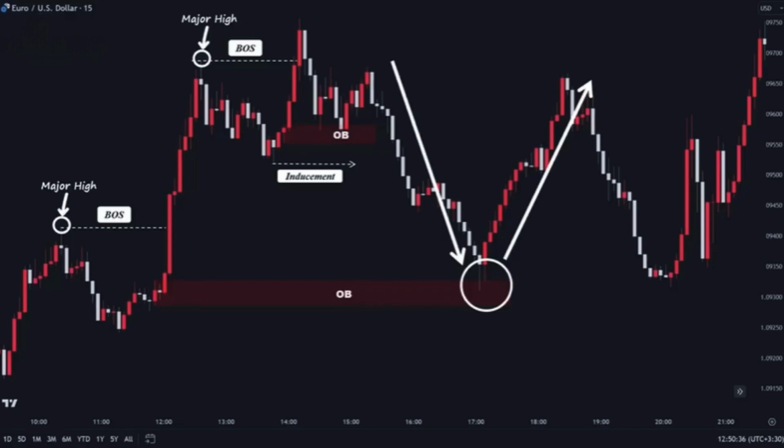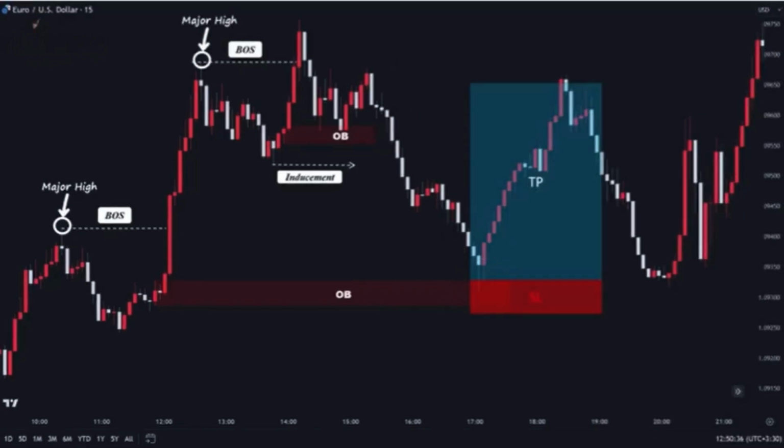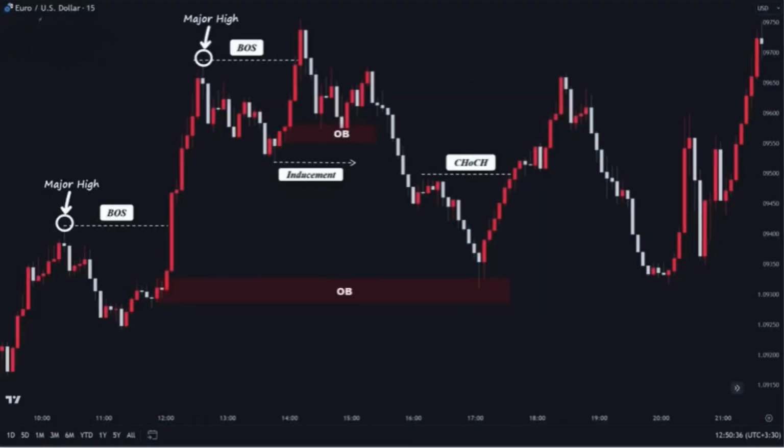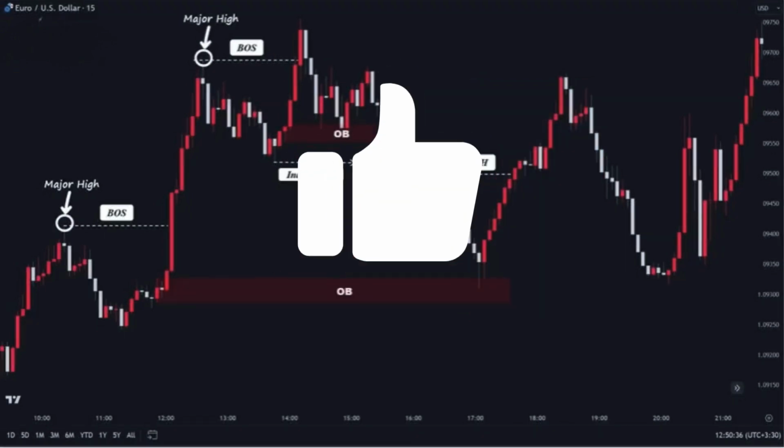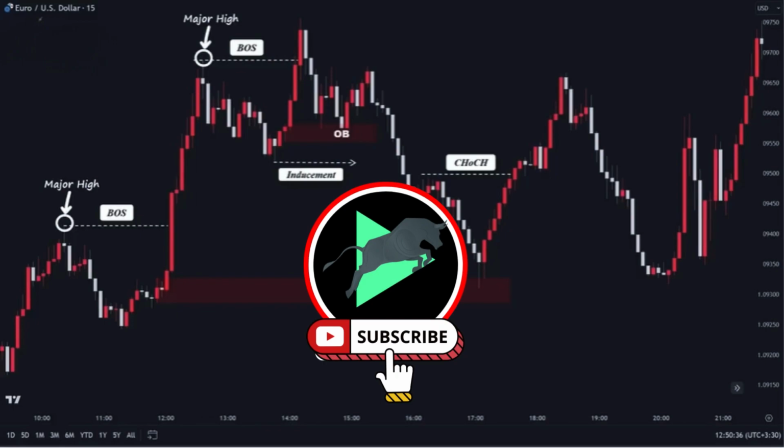Continuing, we see that the price has formed a change of character pattern by breaking and closing the structure. After the emergence of the change of character, it is crucial to wait for the price to take out the inducement before considering long or short trades and entering the market. In this case, this candle's low represents